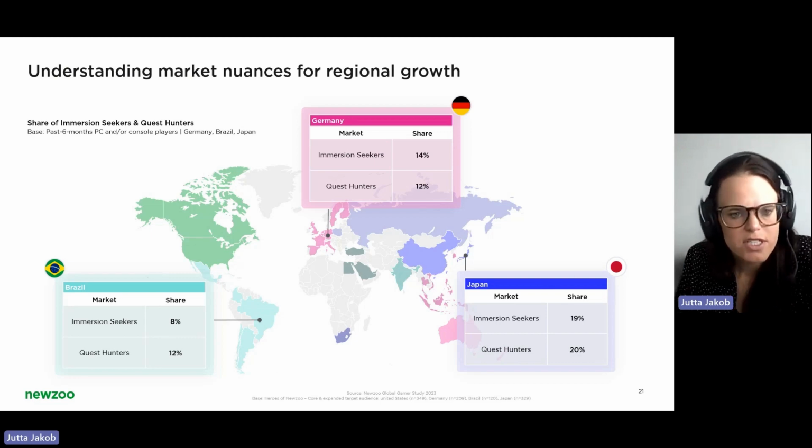We may find, for example, that in Japan, the RPG profile of our two groups is more skewed towards female than in other markets. And you would expect variations in what gaming platforms, gaming subscriptions, or social media are popular. So for each of our markets of interest, we can again create a detailed profile of our target player base, taking market nuances into account to inform local targeting and marketing strategies.